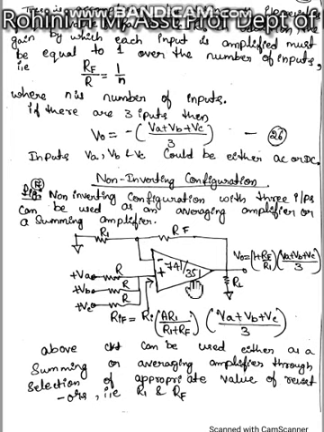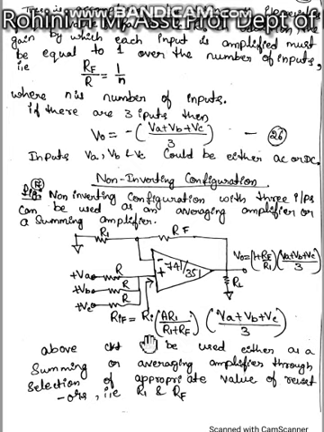So this is the circuit diagram. Here we are applying different voltages VA, VB, VC, right? Here we are drawing the output V out. V out is given by the gain of the non-inverting op-amp, that is 1 plus RF by R1, into the three voltages, VA plus VB plus VC, divided by 3. Let us see how we are obtaining this expression.